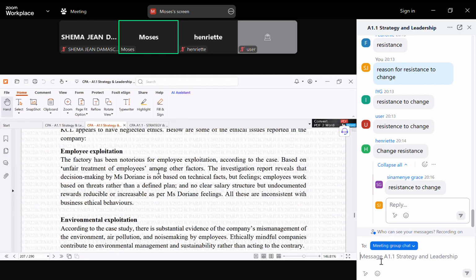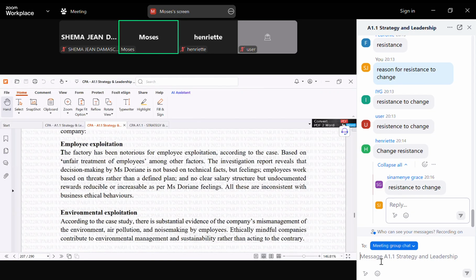Employee exploitation. I usually encourage you to answer, remember what I was telling you. I said, try to answer not in bullet points, but in paragraphs. Each answer should be explained in about 2 to 3 sentences. Take a look at this. This point, this is the first sentence. The second sentence starts here, because these are short sentences. And the third sentence is here.